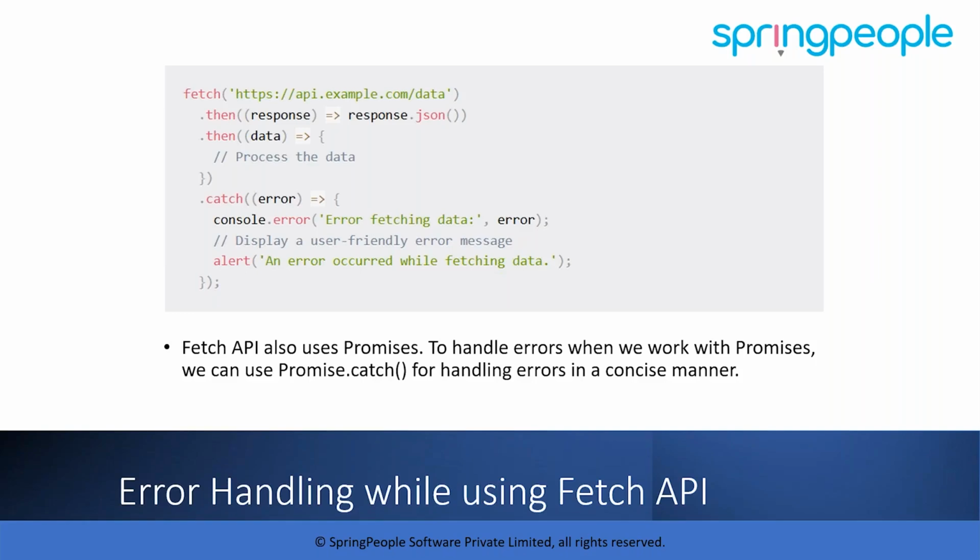So when it uses promises, you need to have proper error handlers which allow you to handle the errors that could occur when you have promises. You also need to be able to provide it with retrying logic when you're working with promises. So one way is when you use a .catch, fetch.then.catch. So any promise.catch is another way of handling whatever errors that you have in a very concise and